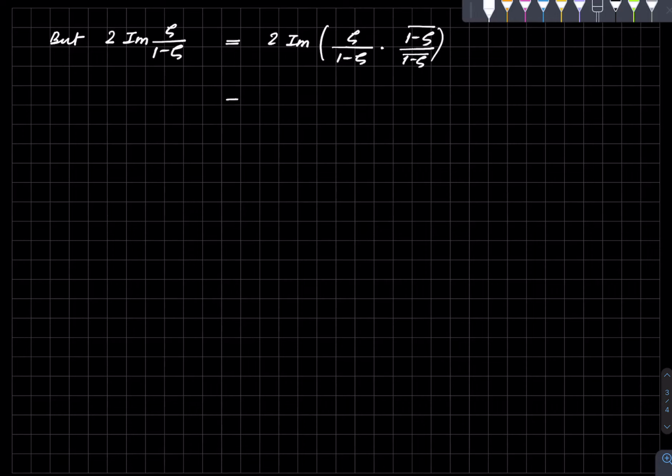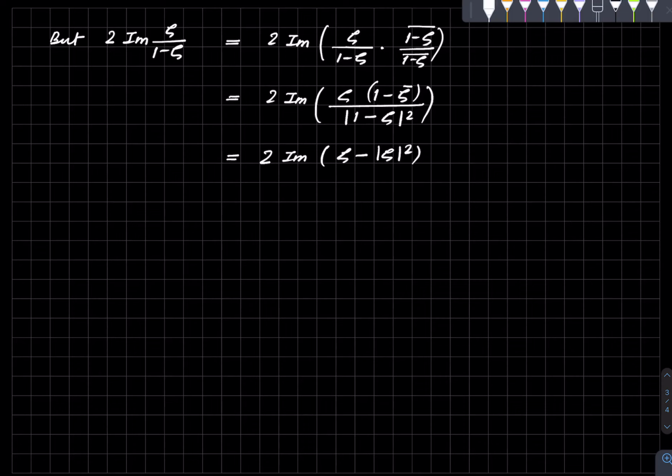So this is of course equal to twice the imaginary part of zeta times 1 minus zeta bar, divided by the modulus of 1 minus zeta whole square, which is equal to twice the imaginary part of zeta minus zeta zeta bar. But zeta bar zeta, which I'm sure you notice, is equal to 1. But anyway, let me write it that way. So what is the denominator here? So the denominator is